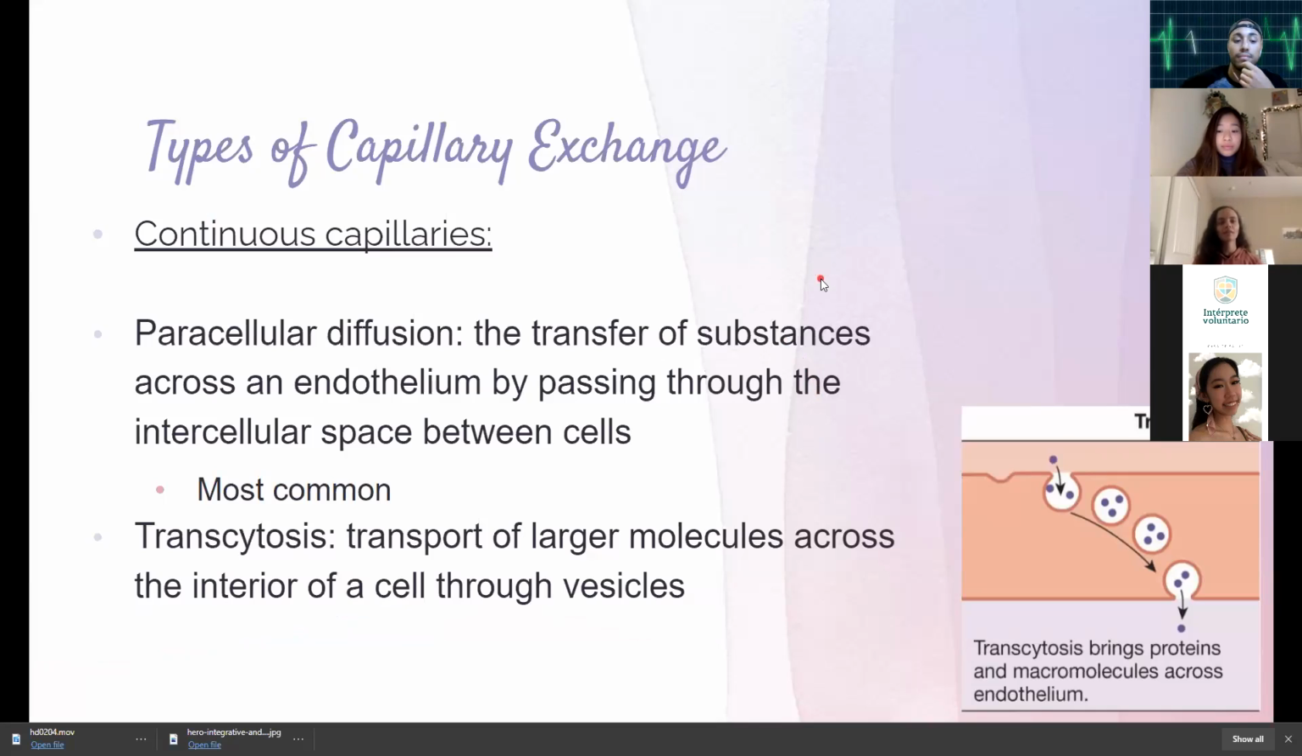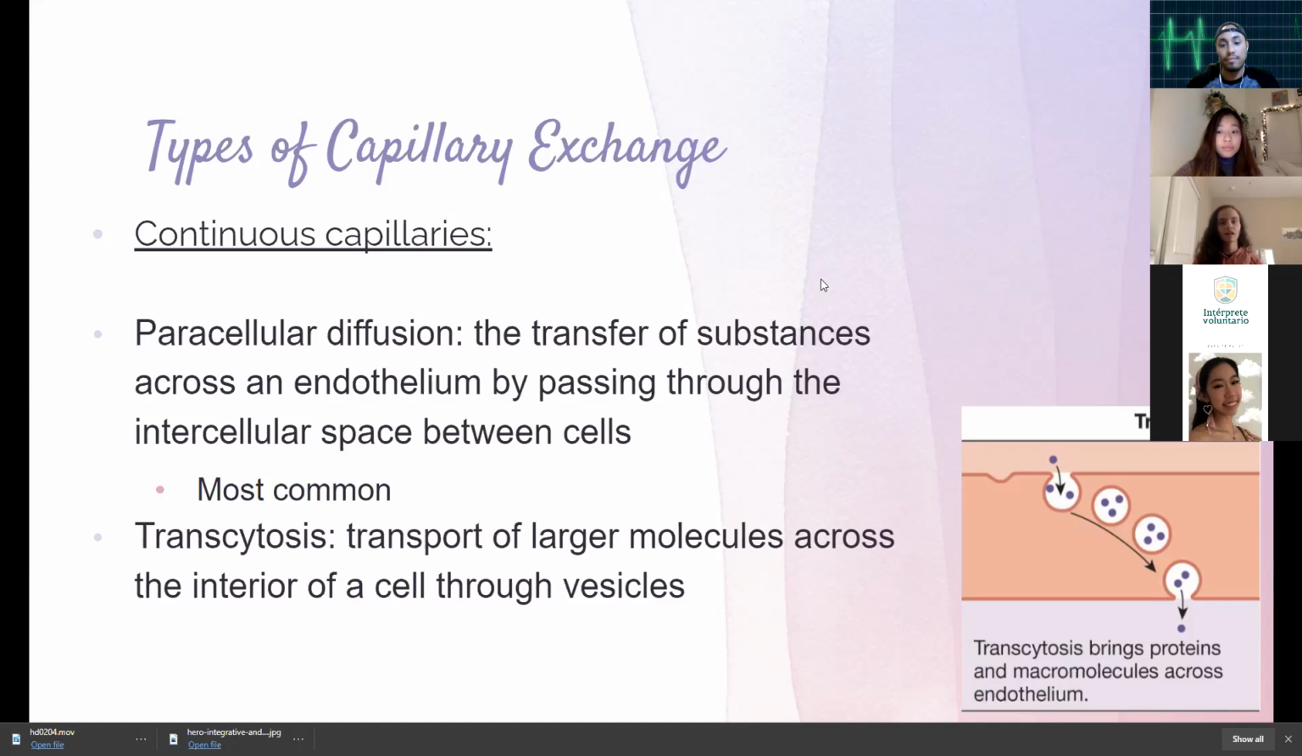Okay, so we're going to talk about types of capillary exchange. So there's 2 different types. So the first thing we're going to talk about is continuous capillaries. And by far the most common type of movement is going to be through paracellular diffusion. And that's the transfer of substances across an endothelium by passing through the intercellular space between cells. So that's basically going to be cells literally passing their material through the endothelium. And that's going to be for smaller